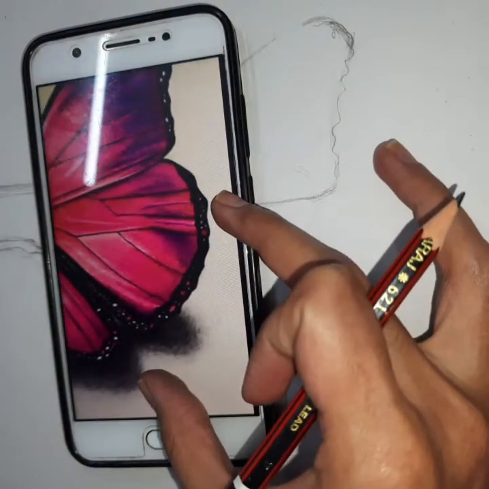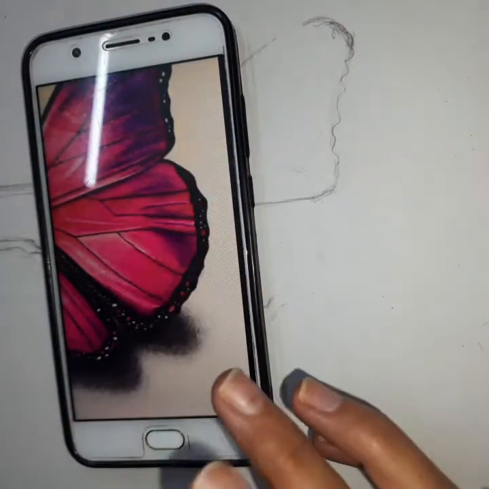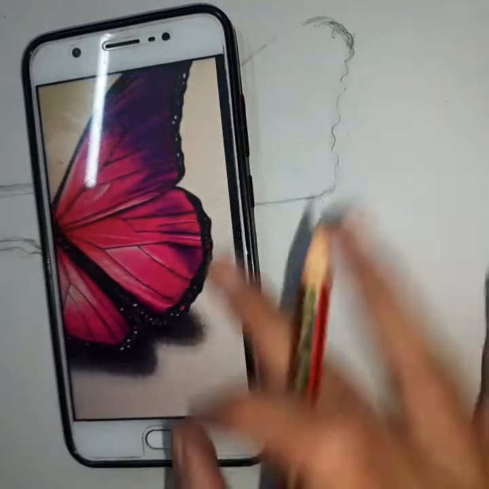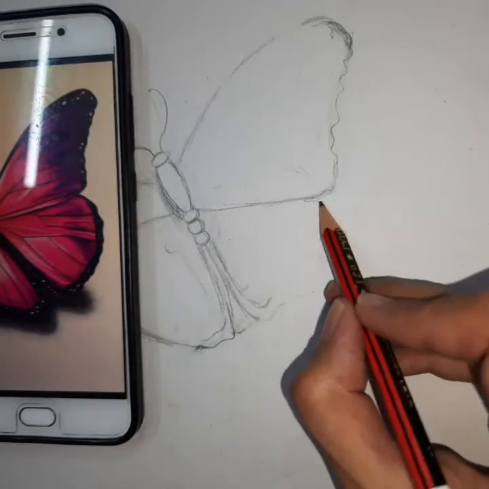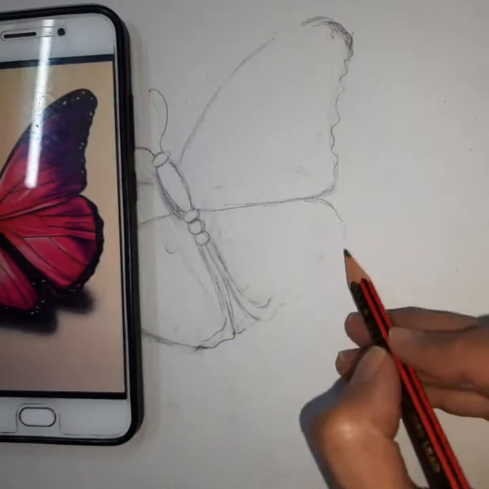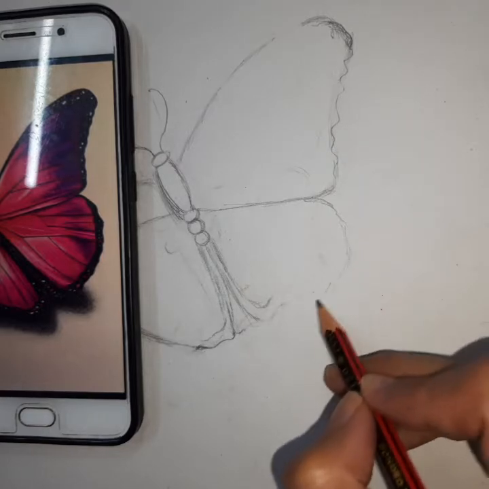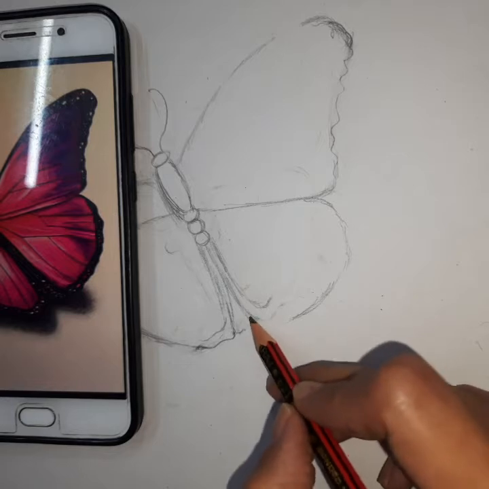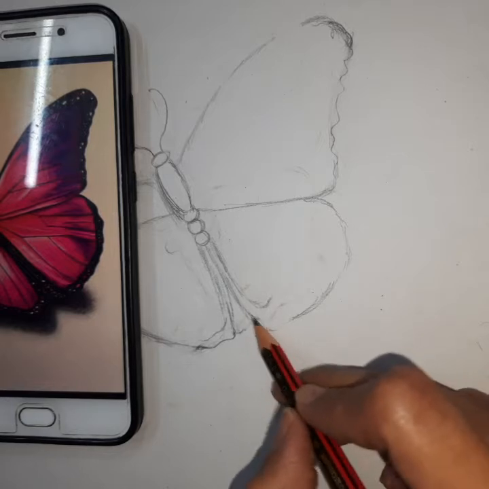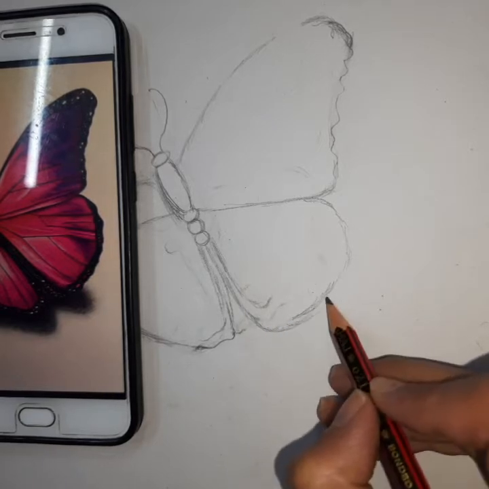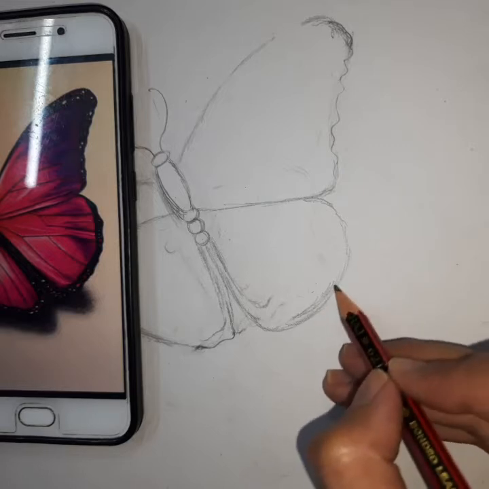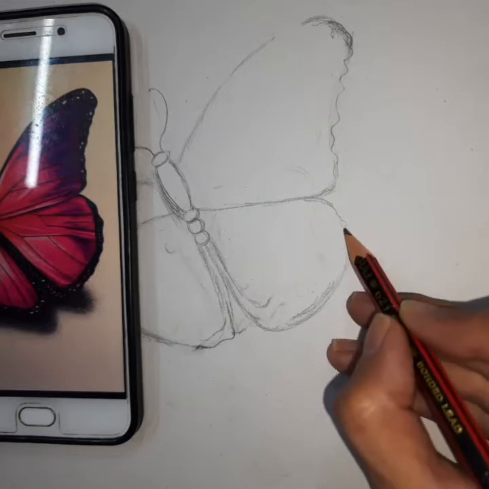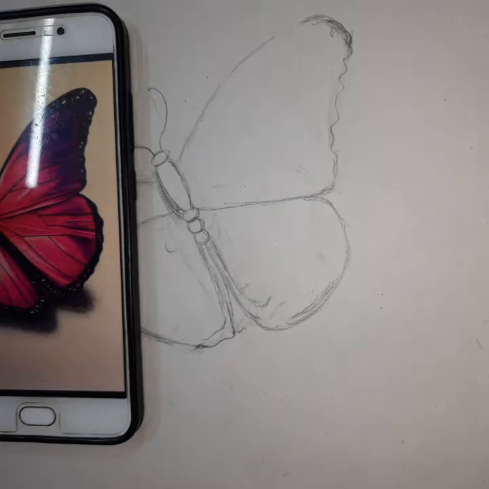I will follow the same thing for the other wing, which also has a curvy outline, but I'm not going to make the outline curvy directly. The reason is that when we make lines which are not straight or smooth, there are many chances of committing errors and not getting the accurate shape. So to get that accurate shape, first we will draw it with a straight or smooth line.